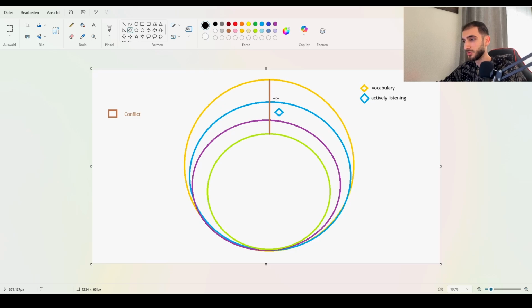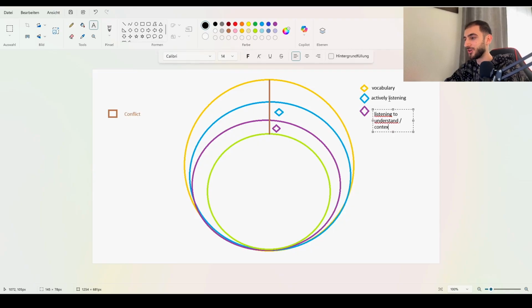Now we're gonna go to the last gap, which was the gap between what the other person is hearing and what the other person finally understands. I think this is the most difficult gap because it requires this thing, listening to understand. I will type /context because if you're listening to understand, you are trying to see the context. I once read on the internet that there are 2 ways of listening.